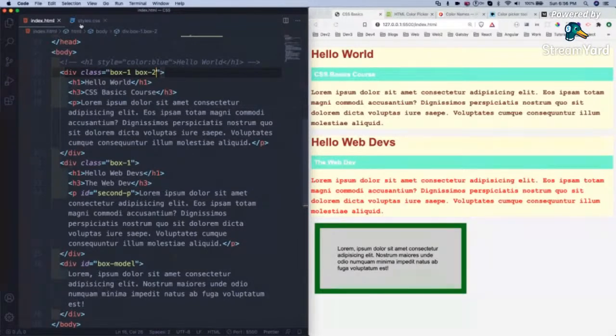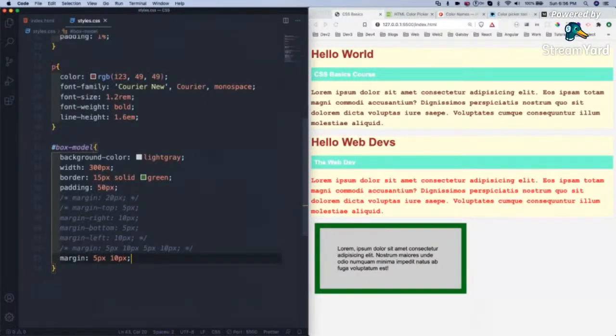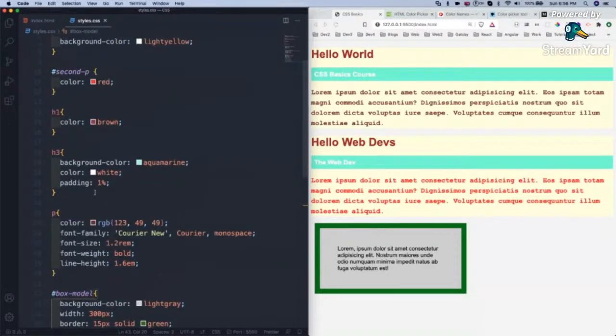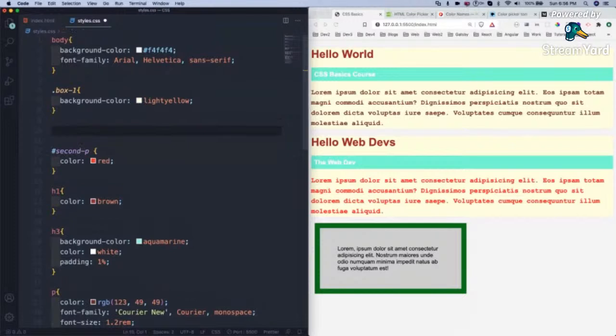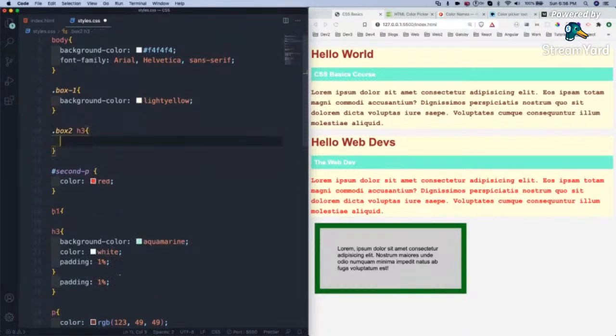So what I will do now, dot box 2 and h3 I will give. So this way I can target that specific h3 instead of giving some class to it or something. I can directly target it like this.